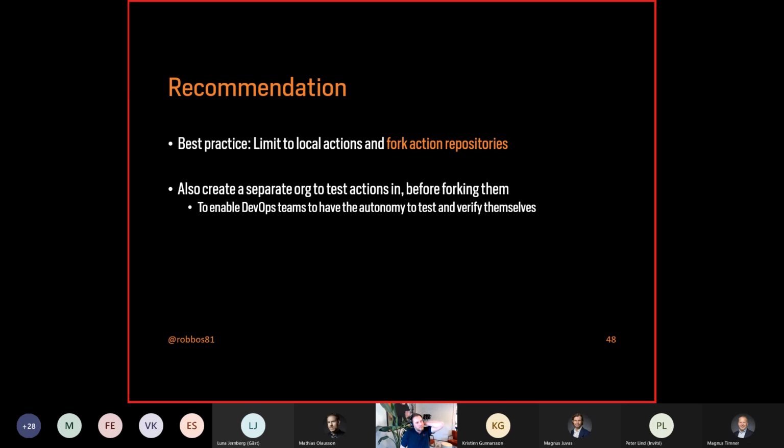As I said, an even better best practice, which we'll dive into at the end of the session, is to fork the action repository, take ownership of what is in there, and then limit all the actions in your production organization to only allow incoming actions from your actions organization. I'll show a little bit more about it. Keep in mind that you're putting in sort of a barrier before people in your organization can use it. So enable your DevOps teams as well to take ownership over that setup process. We'll talk a little bit more about it later on.